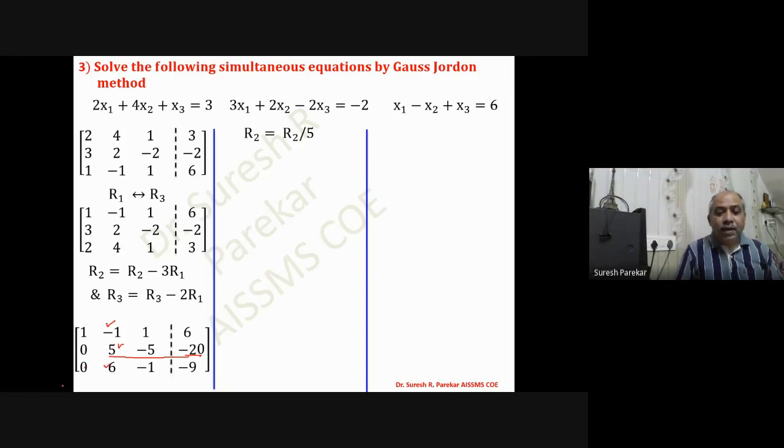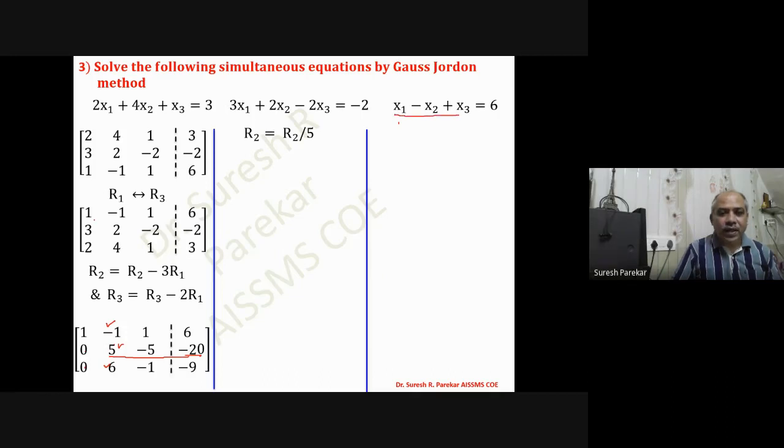So always rearrange the equation so that your first row or first equation has the first term, if available, as 1. Though we were given this equation as the third equation, we have rearranged it and taken this as the first equation with 1.